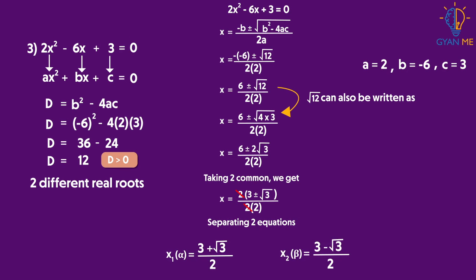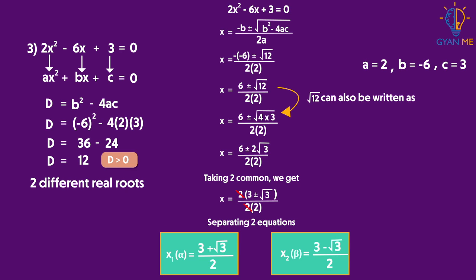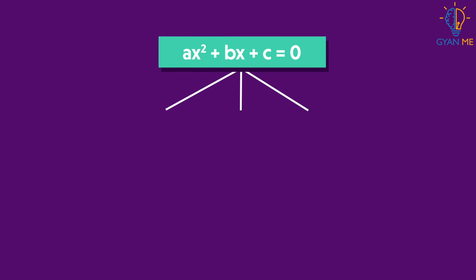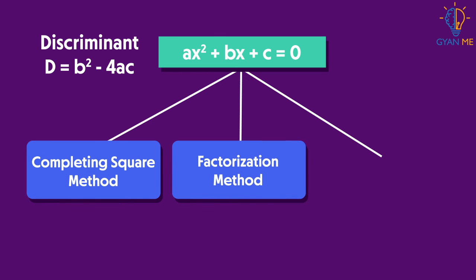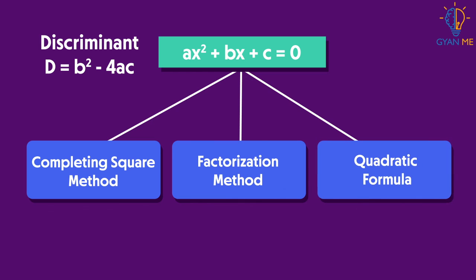Now separate this expression into two equations, one with plus and the other with minus respectively. So you can see here we get two different values of roots alpha and beta. You can also solve this expression further by putting the value of root 3 as 1.73 to get exact values. So what we have seen till now is how to use this discriminant D for quadratic equations. And therefore we can find its roots either by the completing square method or the factorization method or using the quadratic formula, whichever